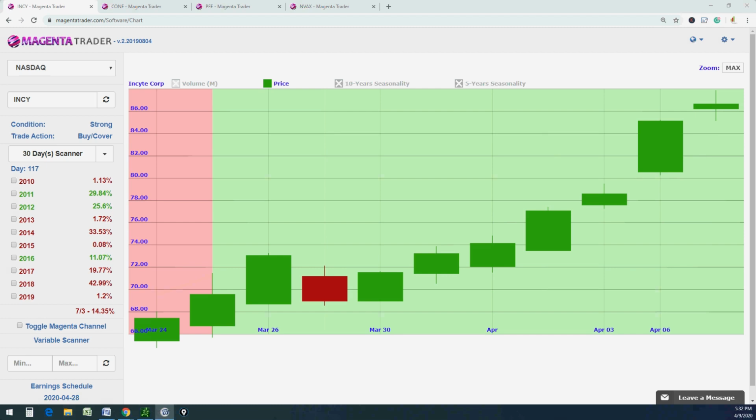day. So we start with the chart of this company, INCY. INCY is Incyte Corporation. It is a biopharmaceutical company, and what it does is it focuses on therapeutics. It develops it, discovers it, and commercializes it. But after looking at all the technical analysis behind it, you can see here that back on March 26th, if